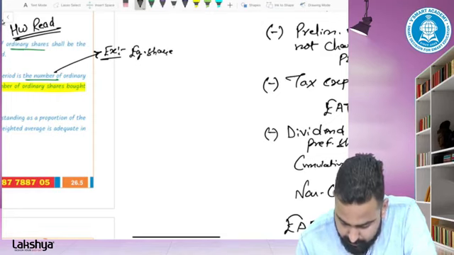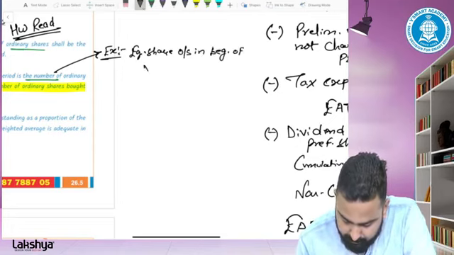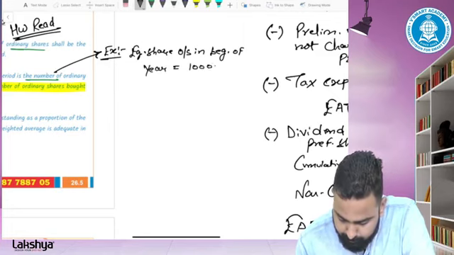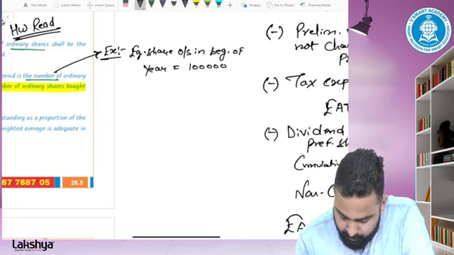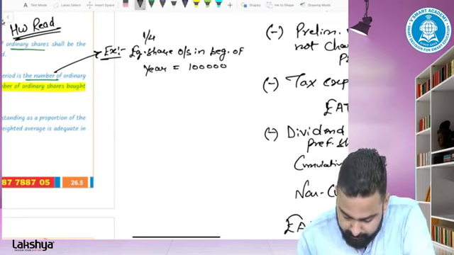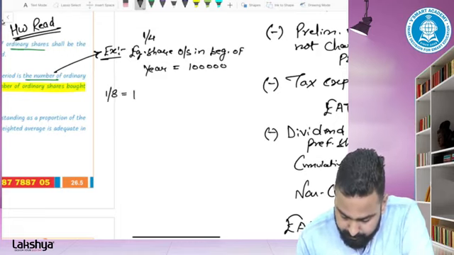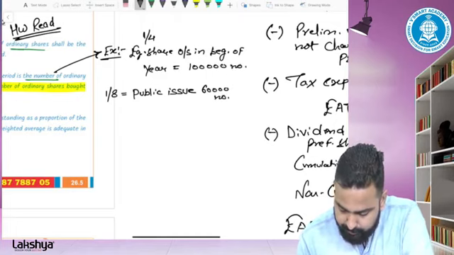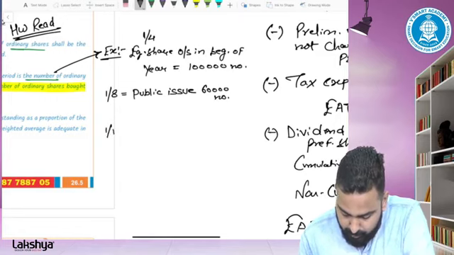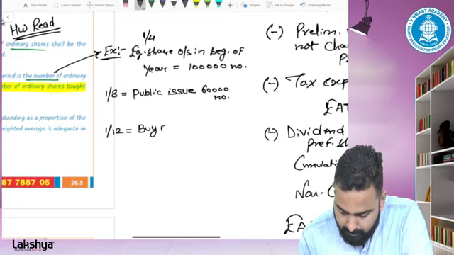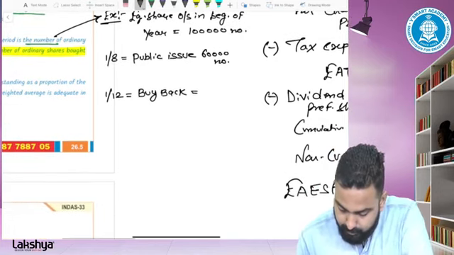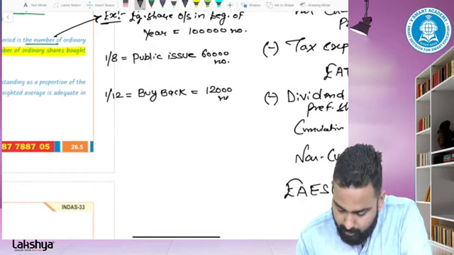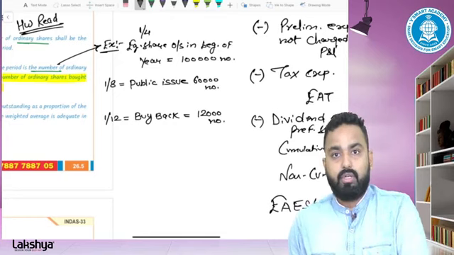Equity shares outstanding in beginning of year, 1 lakh. 1st April. 1st of August, public issue, 60,000 numbers. 1st of December, buyback, 12,000 numbers. Right. So during the year